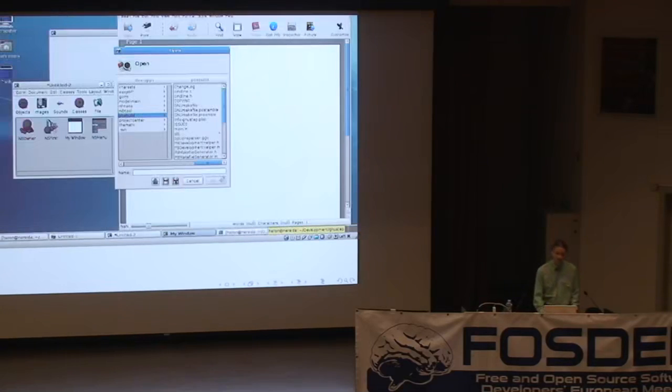Gregory's recently been working on a GNOME theme, so you run it in a GNOME environment, and again, you can't quite see the top of the screen, but it has the menu in the window now, and the menu looks like a GNOME menu. The widgets all look like GNOME widgets. The file dialog box is still the GNU Step one, but, well, the theme's a work in progress, so hopefully that won't stay there for much longer.